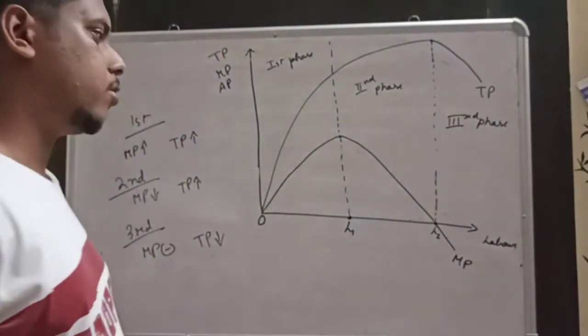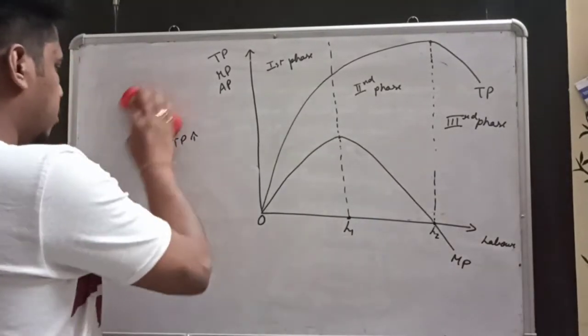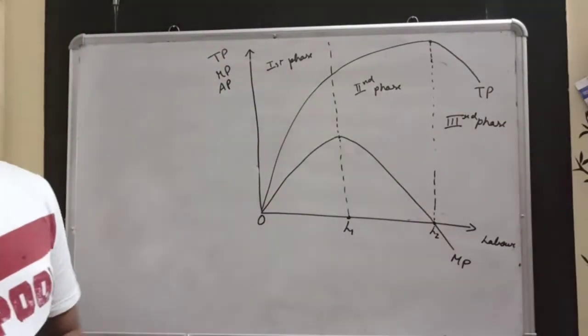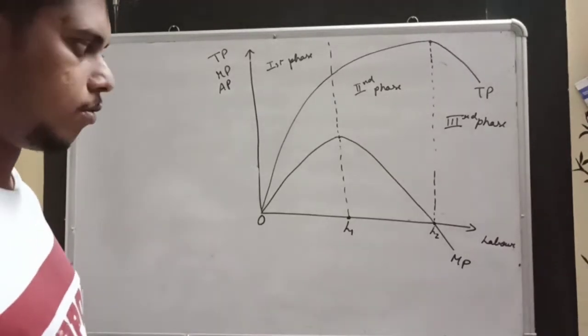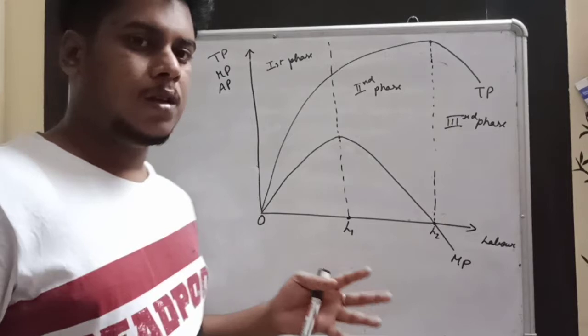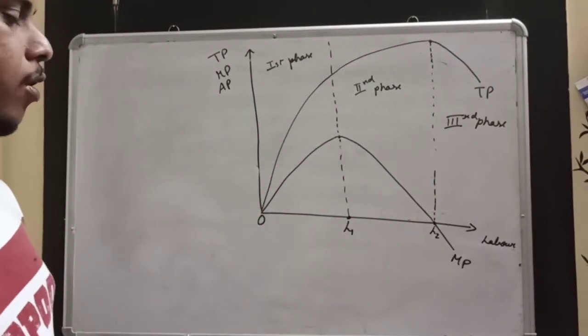law is already done by you in your junior classes. So I would recommend you to go through this law once again, very minutely, go through the assumptions and the limitations. And what is the limitation of this? Most important limitation of this law is that it exists only in the short run, because over here what are we saying?